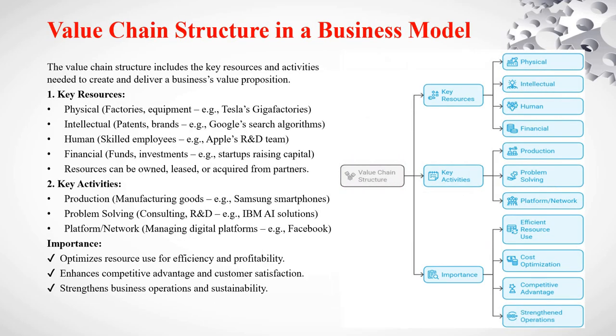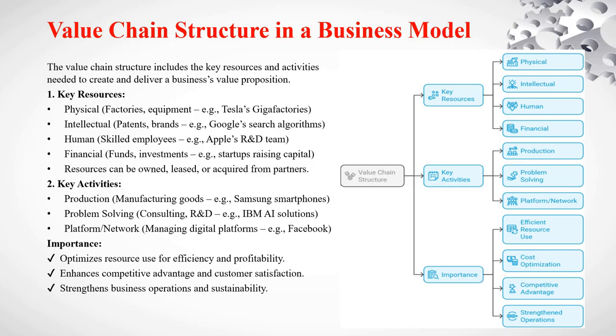Next, you have value chain structure in a business model. So here the value chain structure consists of three key resources and activities a business needs in order to create and deliver its value proposition to the customers. So the first one is the key resources. So here these are essential assets for a company in order to operate successfully, and they can be physical, intellectual,